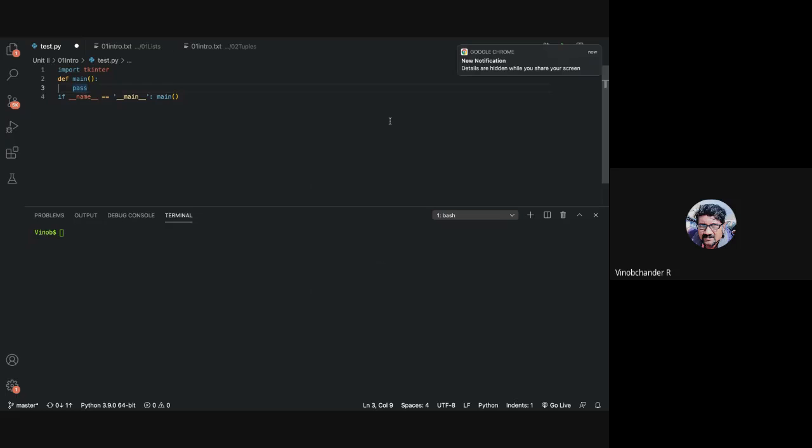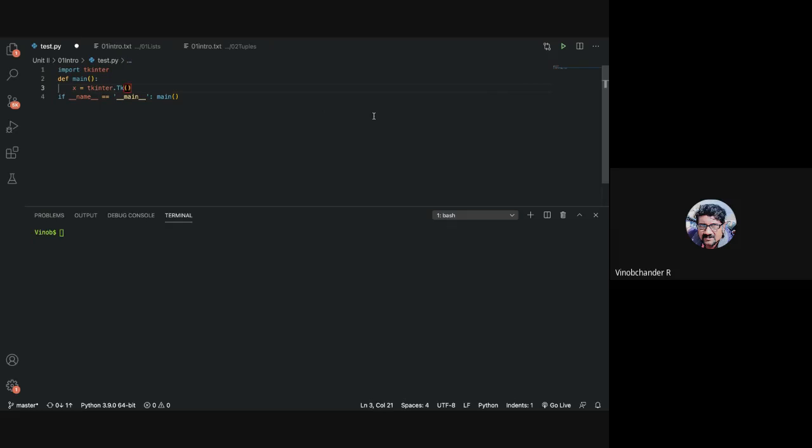Within the program, let me create an object of TK, which I already know exists through this module, tkinter. So tkinter dot TK. Let me save it in a variable called x.